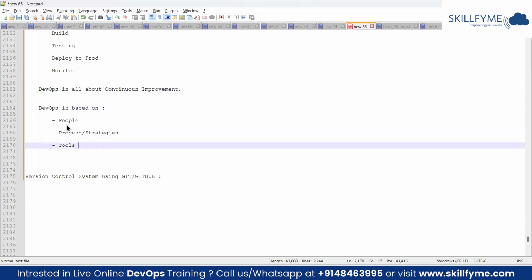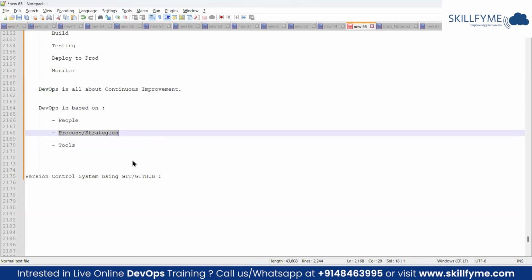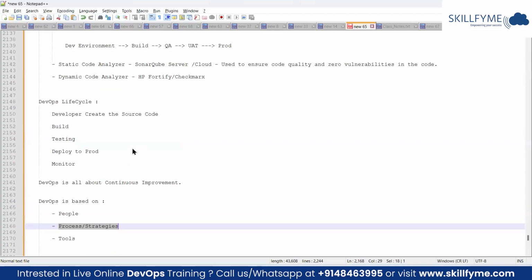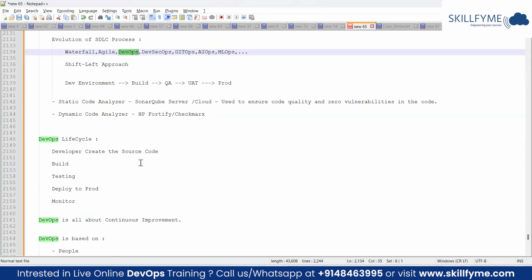If you blindly define some process and implement it, then once in 6 months you have to change the process. It's a very tedious process then. You cannot achieve continuous deployment there. If you cannot achieve continuous deployment, there is no point in using DevSecOps, AIOps, and MLOps. There is no use. So if you want to implement DevOps, you should consider continuous deployment as a matured level of DevOps. And it is not that easy to achieve continuous deployment.